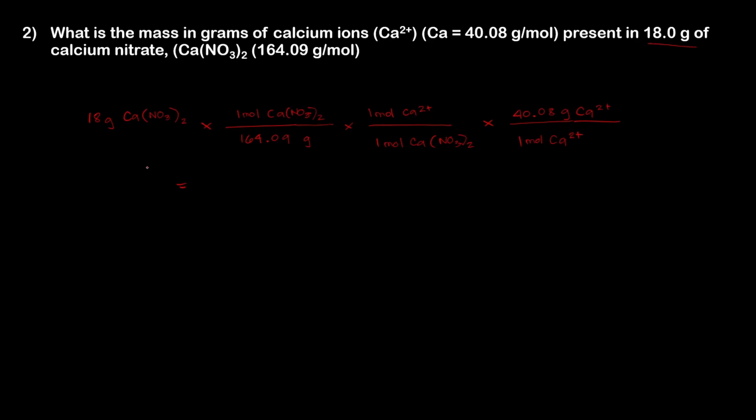So using a calculator, let's see. Let's cancel the units first, and then we are left with grams of calcium ion. Okay. So by using your calculator, the amount of calcium ion in the calcium nitrate is 4.397, or just 4.40 grams calcium ion. Okay, so there are 4.40 grams calcium ion in 18 grams of calcium nitrate. Next,